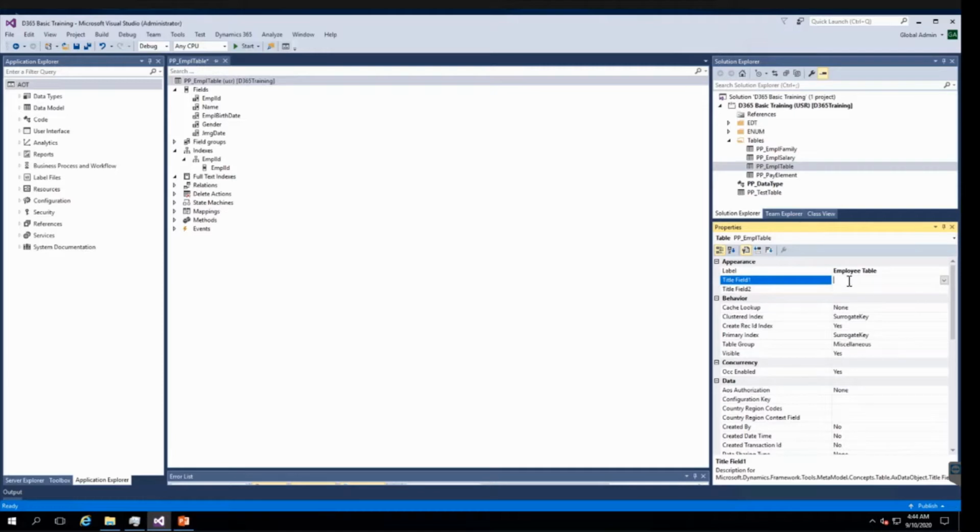Next, these properties are title field 1 and title field 2. If we set these two properties, this will help us in many ways. Whatever field we add here will be displayed in the form caption. Whenever we design the forms, maybe in the next lesson or after that, in the top caption you can see these two fields, so you can identify the key value. So these are very important fields.